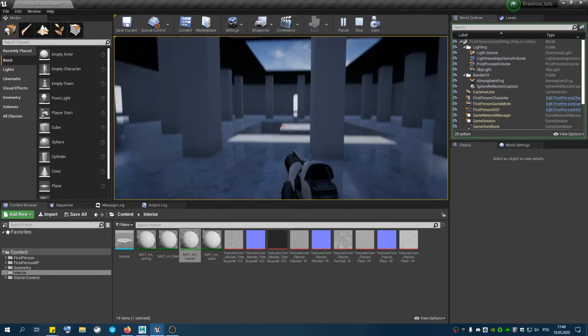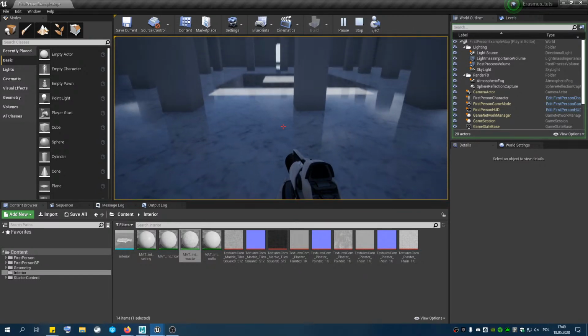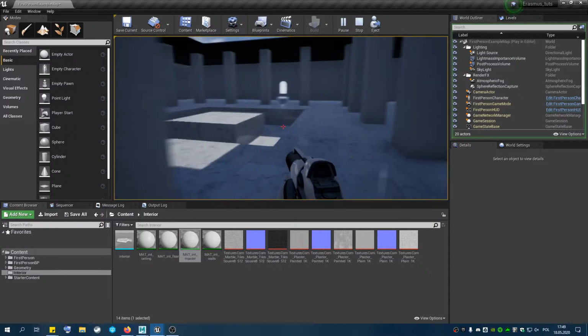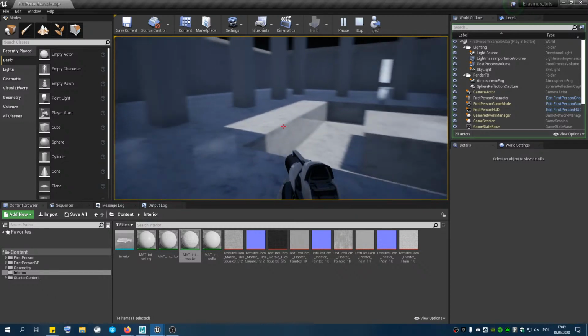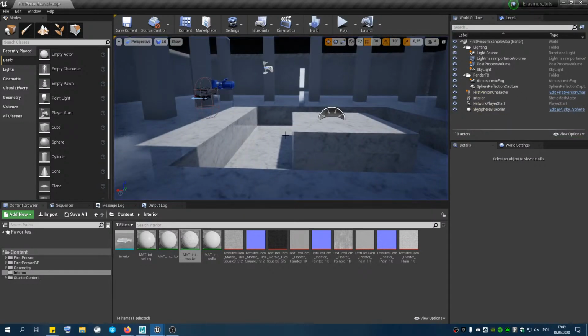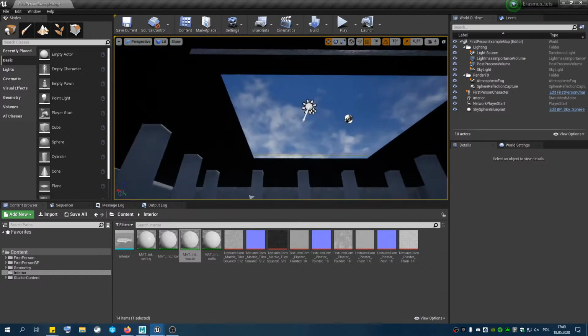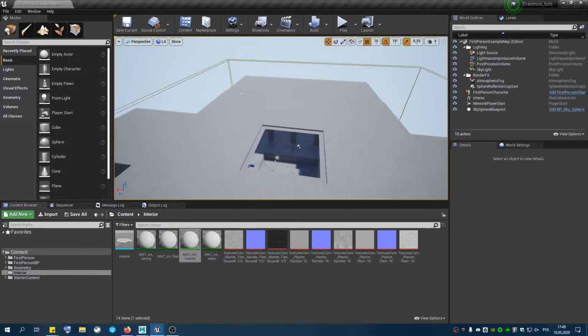Okay, so you can see the reflections are working, but they are somewhat not in their perfect simulation actually. So let's try to fix them. Actually, you know what? Let's